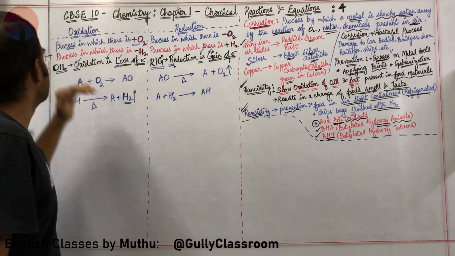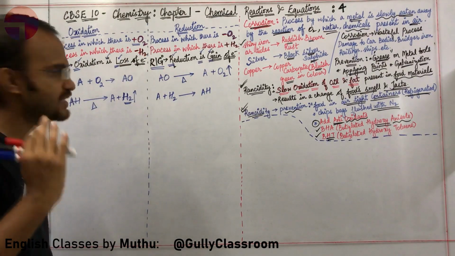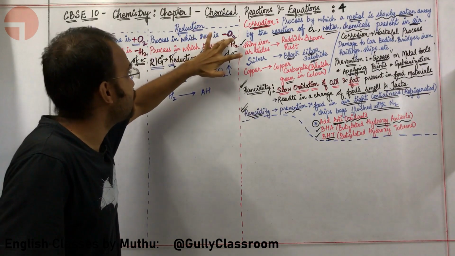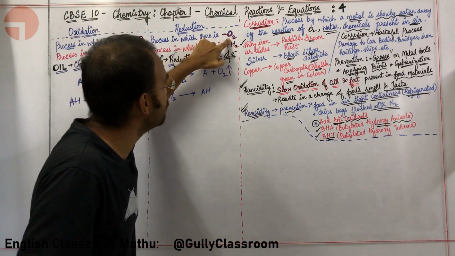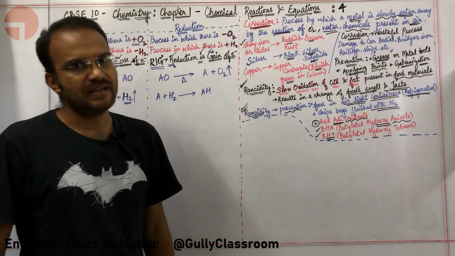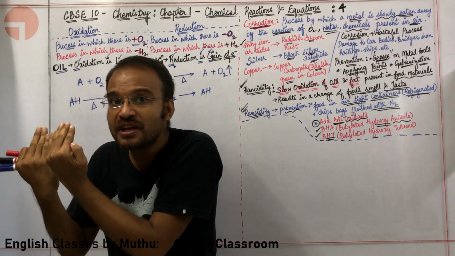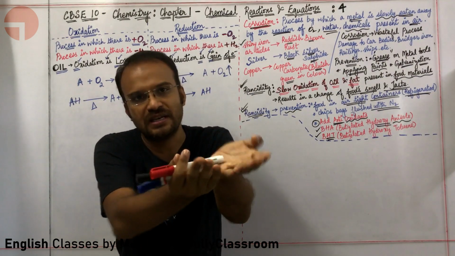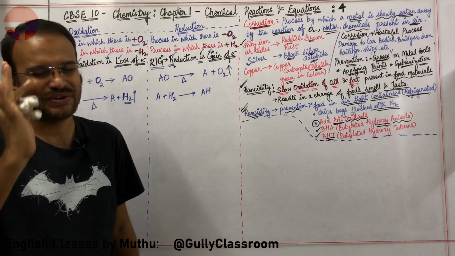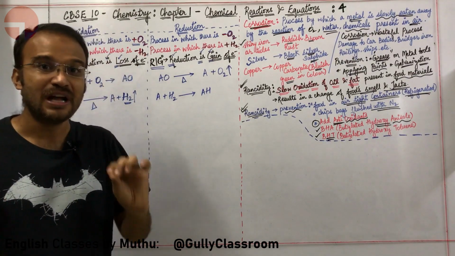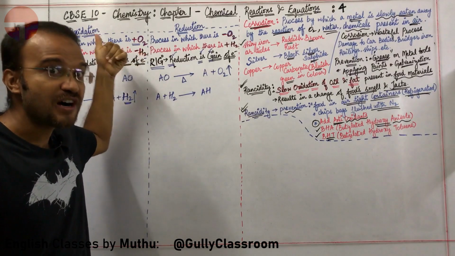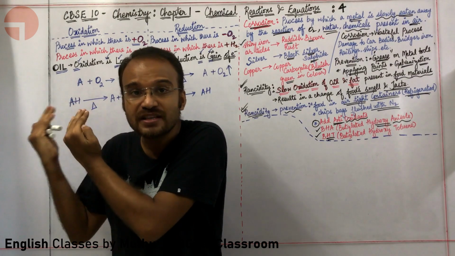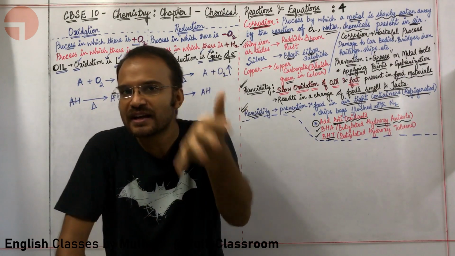Come on, guys. Here, what is oxidation? Oxidation is addition of oxygen. A process in which there is removal of oxygen is called reduction. If you are adding oxygen, it is called oxidation. If you are removing oxygen, it is called reduction. Okay, sir. I am comfortable about oxygen. Definition of oxidation and reduction with respect to oxygen: addition of oxygen is called oxidation. Removal of oxygen is called reduction.